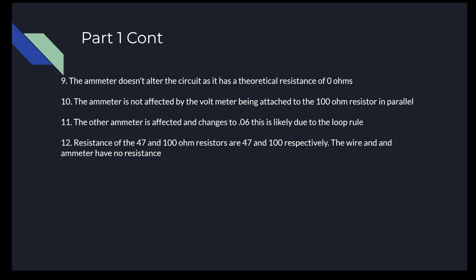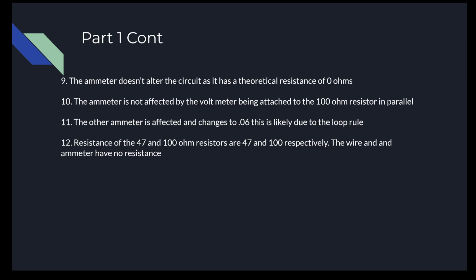Question 10 asks how the ammeter acts when the voltmeter is attached in parallel. It has no change. However, if another ammeter is attached in parallel, they both change to 0.06 as a result of the loop rule. Question 12 asks us to calculate the resistance of the circuit components using their voltage difference